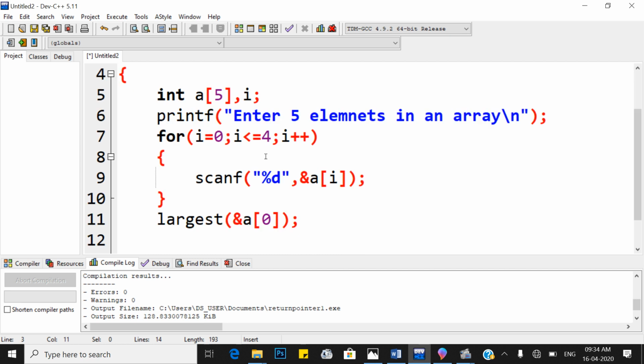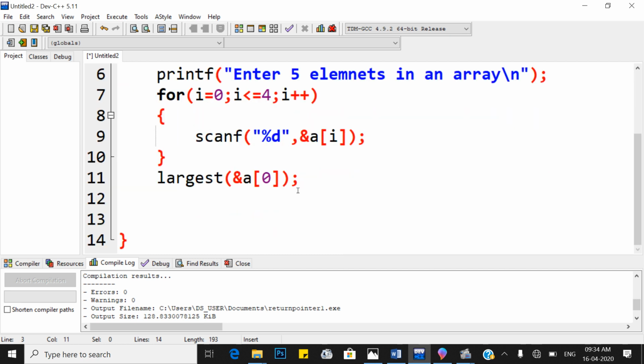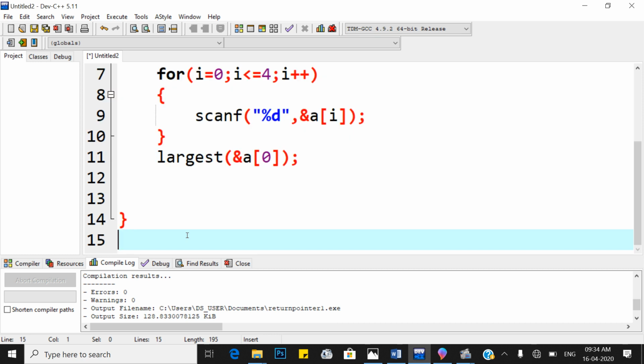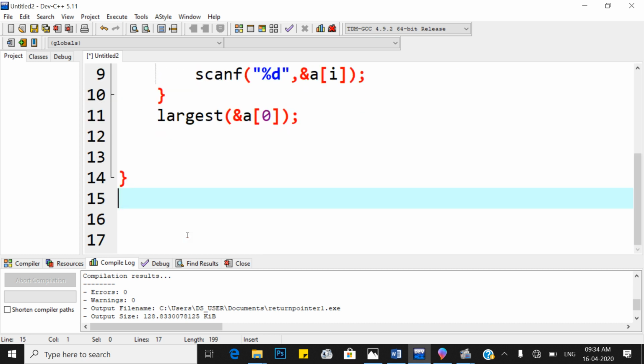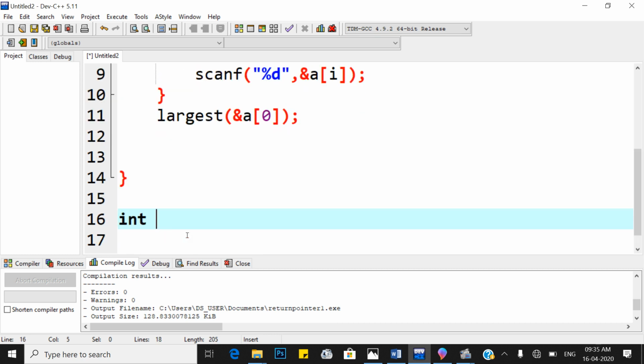Here we pass the entire array, that is the base address of the array, to the largest function. Now the definition: int pointer largest, and we catch that entire array using int pointer a.